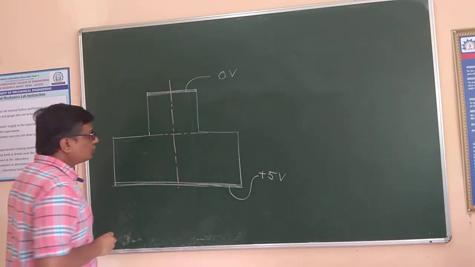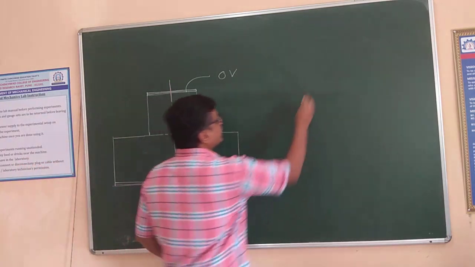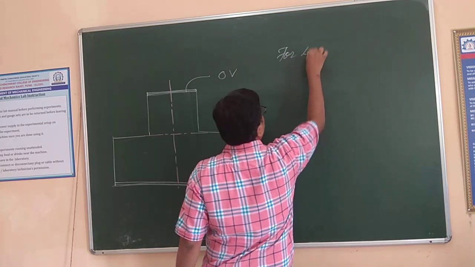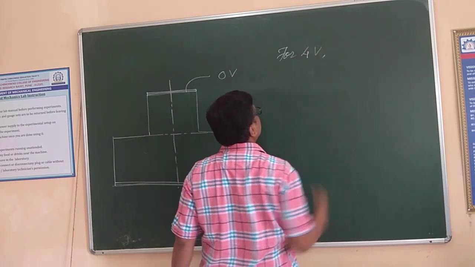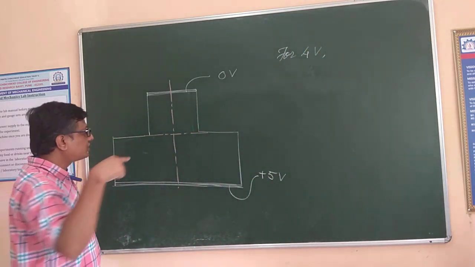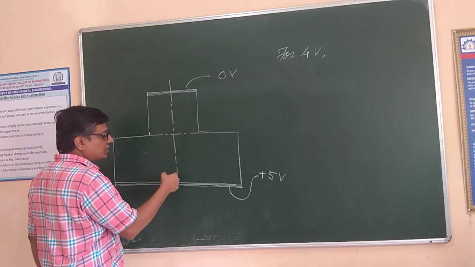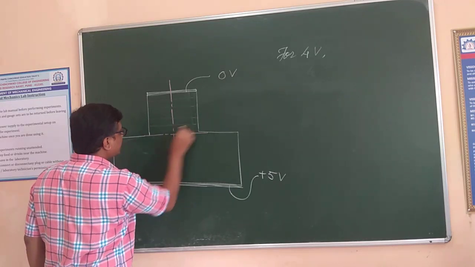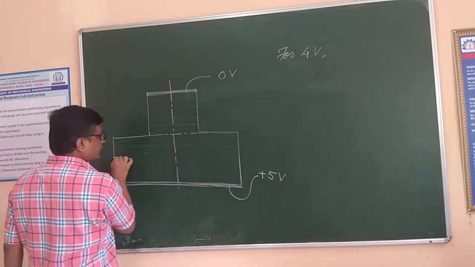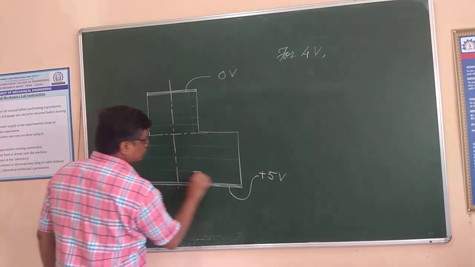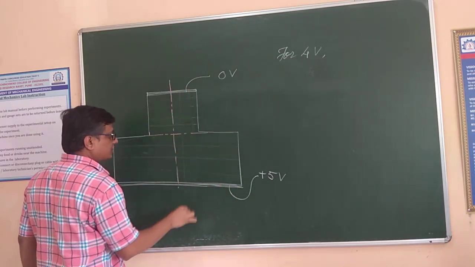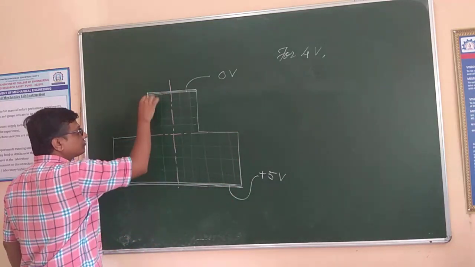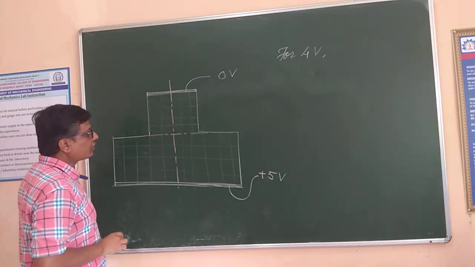Now what we did is, we checked for the 4 volt equipotential curve. We moved the pointer somewhere on the y axis. Remember, this surface is entirely a graph paper. So at every point we can measure the x coordinate and the y coordinate. So various x and y coordinates you can note down.